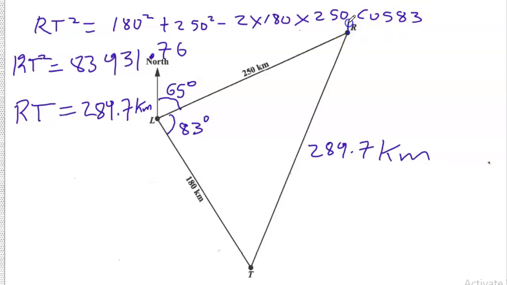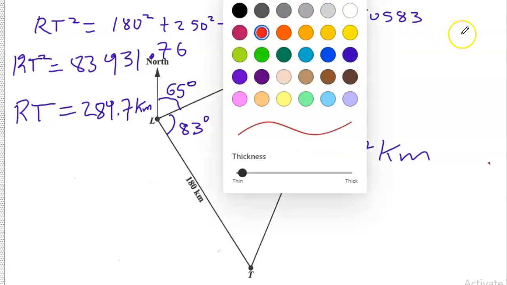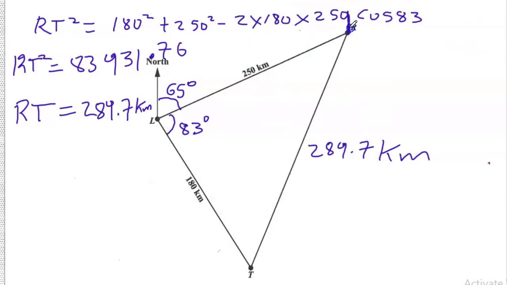So from R, I'm going to draw a line there. Let's change the color. So we draw a line north of R. And this is the angle we want. Now how can we get this angle? Now if I extend this north line, notice